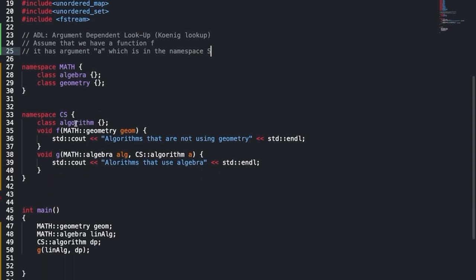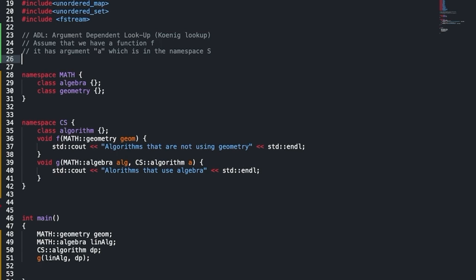Like, for example, right here, our function f has an argument, which is this jump, which is in the namespace math. Our function g has an argument alg, which is in the namespace math, and it has an argument a, which is in the namespace of CS. Then what will happen is that C++